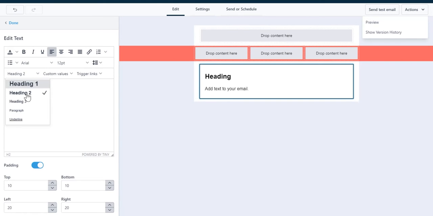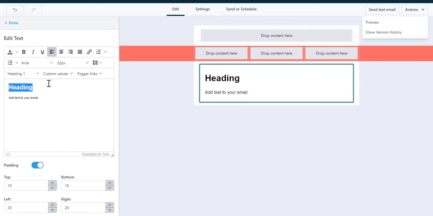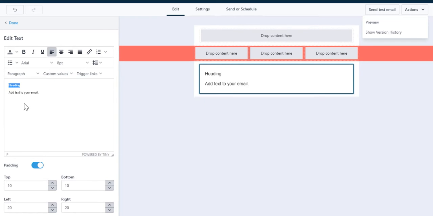The one that you'll often use is just setting whether it's a heading or a paragraph, and you can see how it affects things by changing that. You can insert custom values here. So for example, if I wanted to put this to a paragraph and I wanted to address the person, I could say hi,